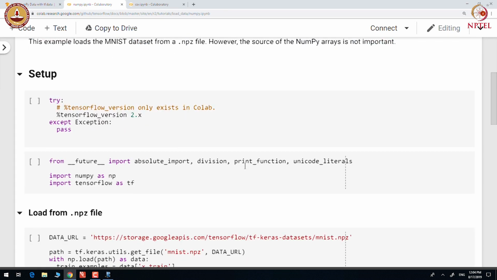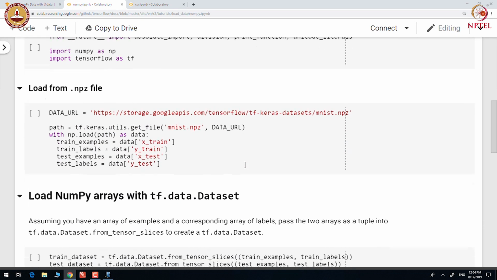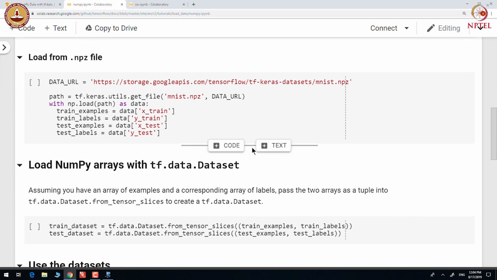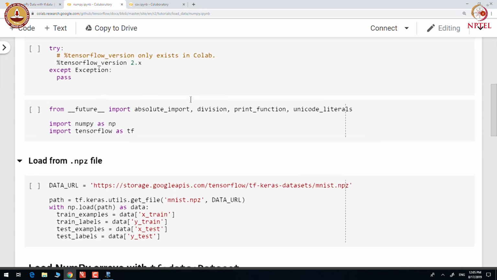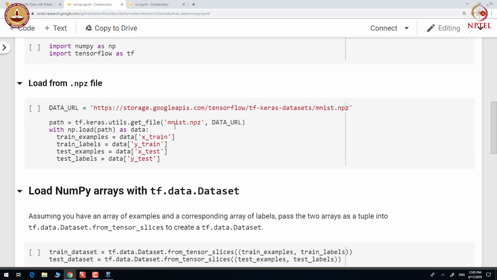Let us look at the broad steps and then you can go through this Colab on your own. So, we read the NumPy array where we have the fashion MNIST dataset stored as NumPy arrays.